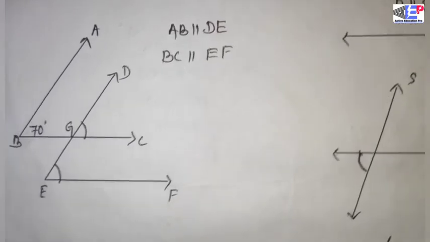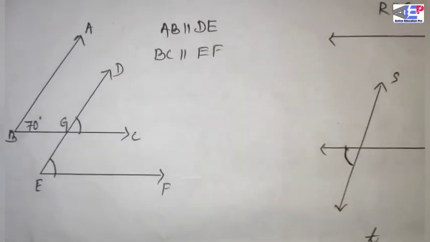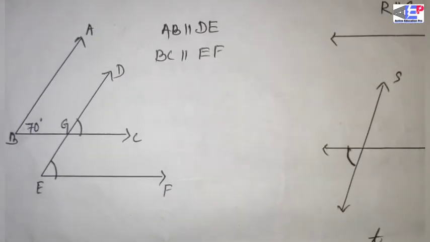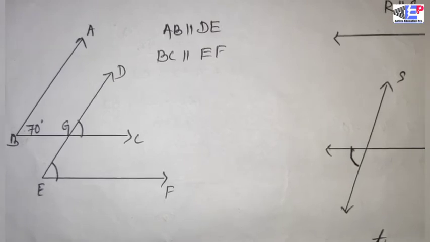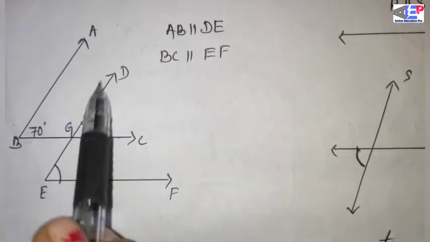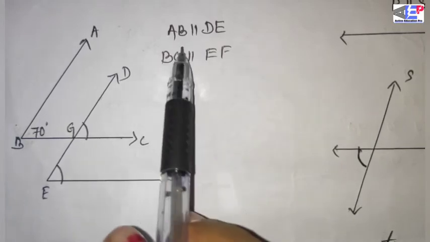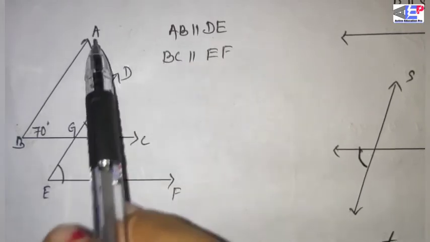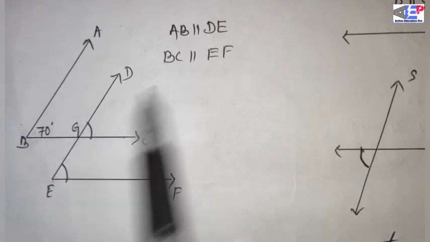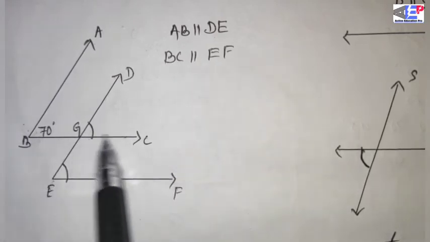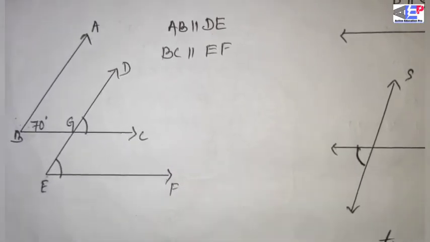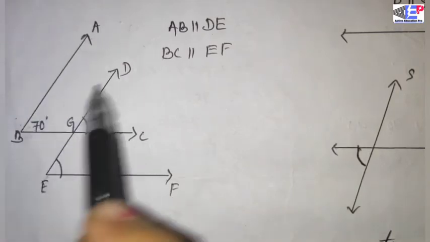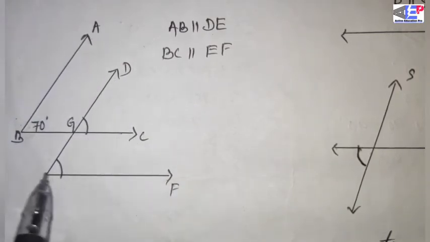So next, number 3. Here there are two angles in this question. One is ABC and another one is DEF. What hints for us is that AB is parallel to DE, whereas BC is parallel to EF. Look here again. Concentrate, focus on this question. Here there are two pairs of parallel lines. One is AB parallel DE, another one is BC parallel EF.